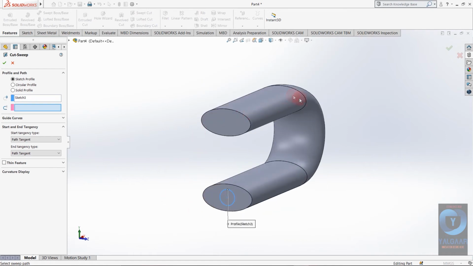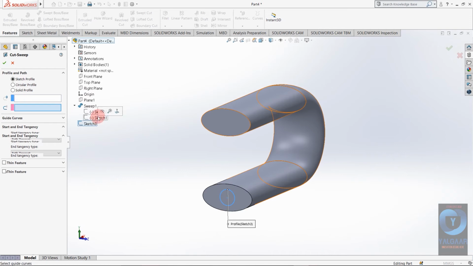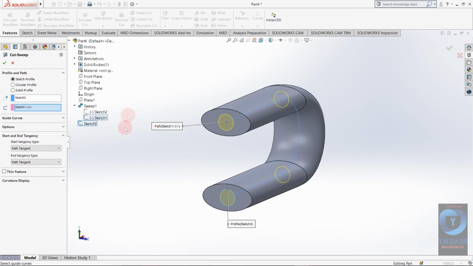As you can see I cannot see the guide curve. I am going to use the same guide curve but I can't see it, so I am just going to select it from the design tree. So as you can see the path is selected.